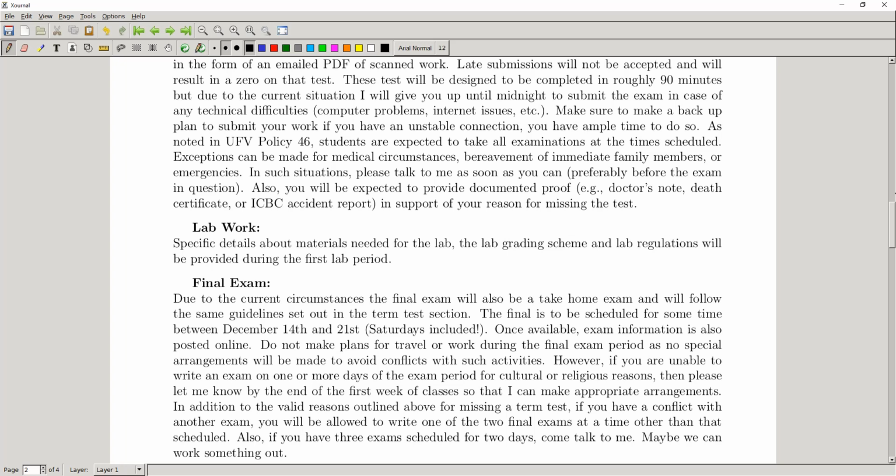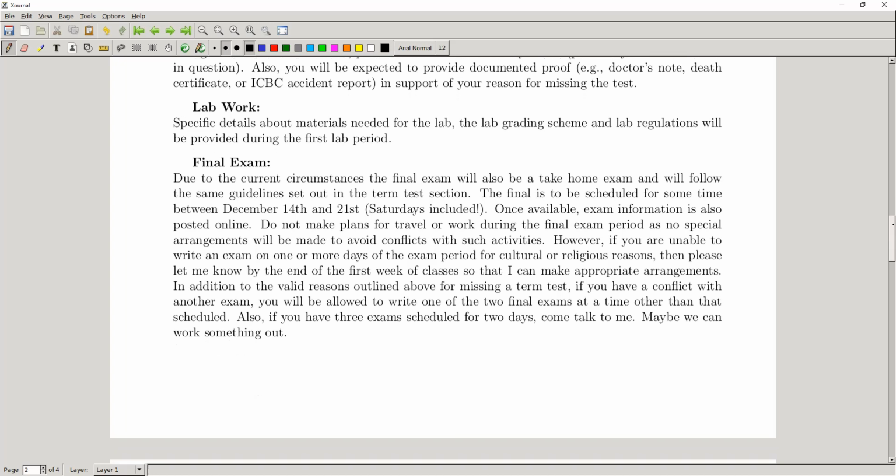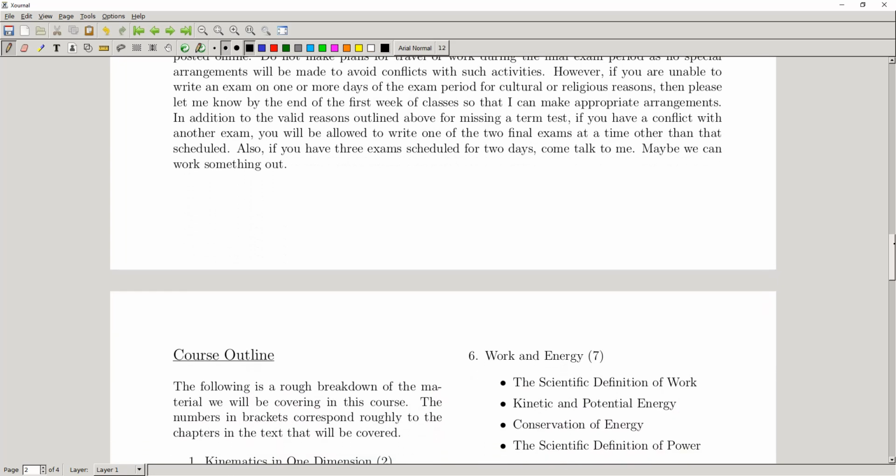I'll post it at the time that the final is supposed to start. You guys will have until midnight of that night to submit it back to me through a PDF that you'll email to me, and I'll design the exam such that it should be completable in the time frame that would normally be allotted to the final.